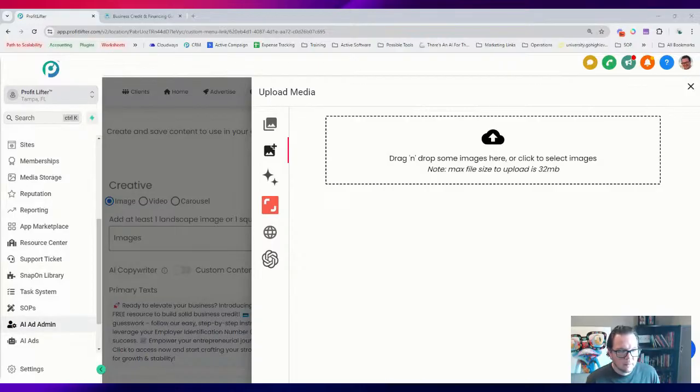Get the proven guide. Okay. Next, I want to group these, align to page, middle. Okay. And then what we're going to do,